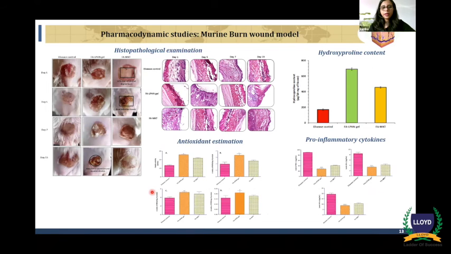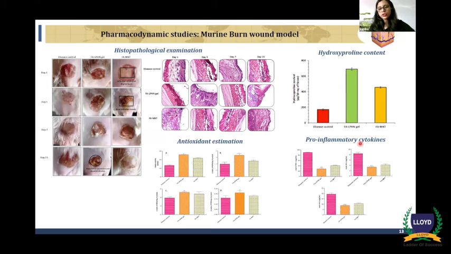So these are some of the images as well as the histopathological examinations which were done using hematoxylin and eosin. And then hydroxyproline content, because hydroxyproline is an indicator of collagen formation. So the more the hydroxyproline, the more the collagen, and the better the healing of the wound. Along with that, antioxidant estimation as well as pro-inflammatory cytokines, because pro-inflammatory cytokines usually, during the time when there is